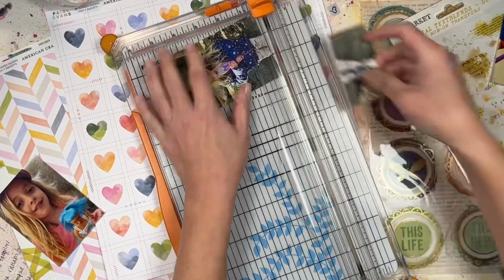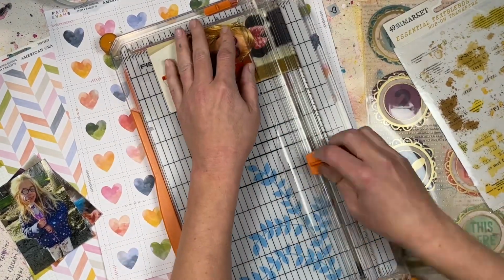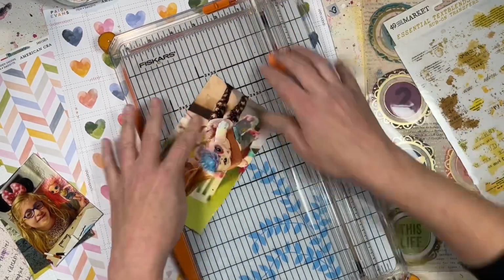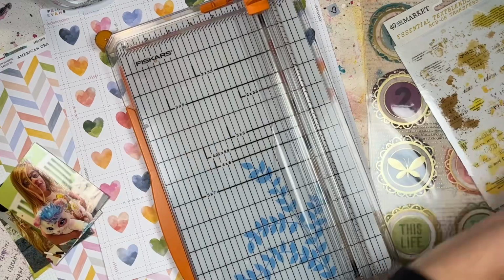There is a way, or there are ways, that you can get all of these photos onto one page, especially if you don't have all the right elements to create a 2-page layout, because you need extra papers, you need extra embellishments, and maybe you just don't have all the stuff that you need to make a 2-page layout. So I'm going to show you how I took all of these photos and put them on one